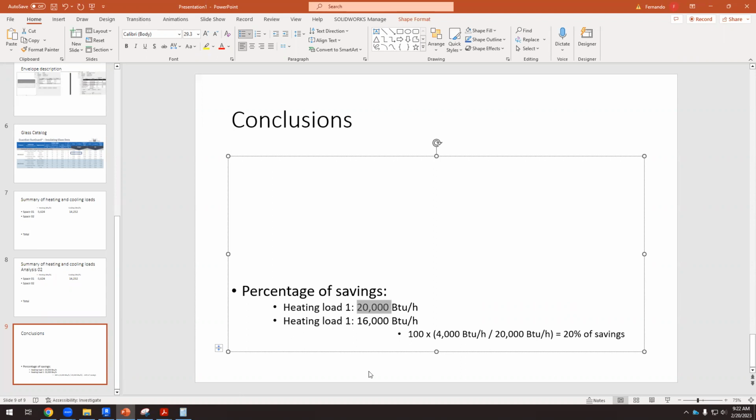Okay, so that would be the final analysis. Then there will be another analysis, which is the economic analysis. Is it more expensive, what you have done to reduce this? Actually,